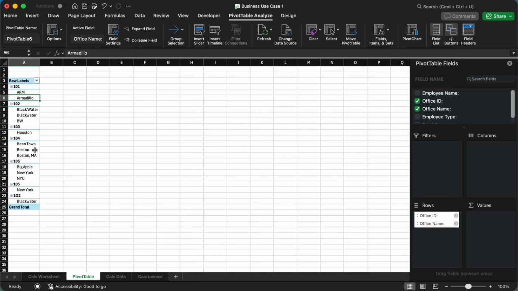And 104, one person put in Massachusetts, along with Boston. There are also different names for New York, and there are two different office ID numbers. So let's go back and quickly change this up. If I go back to the calc data,